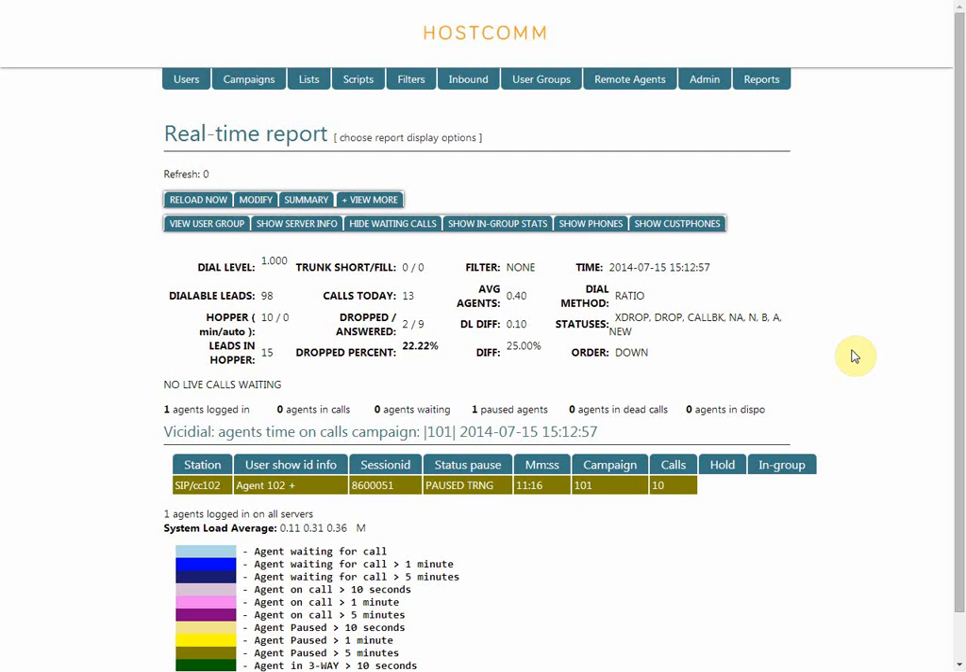So here we have the Hostcomm real-time report, or wallboard effectively. We've got all of our key campaign settings here. So this is the real-time campaign summary, just showing the real-time wallboard for one particular campaign. There's also an additional report that will show you all of your agents across multiple campaigns in much the same